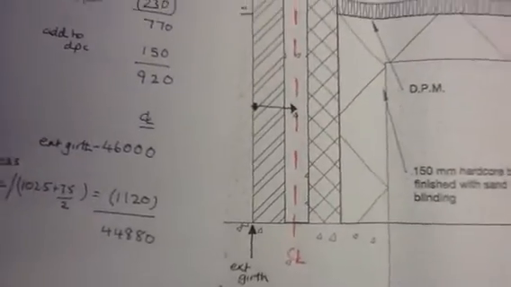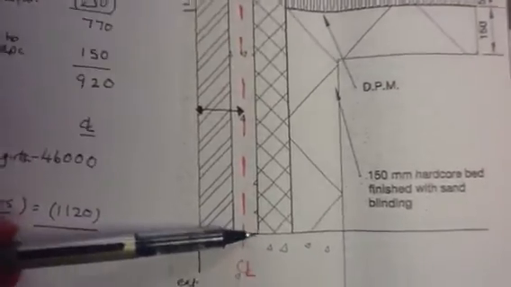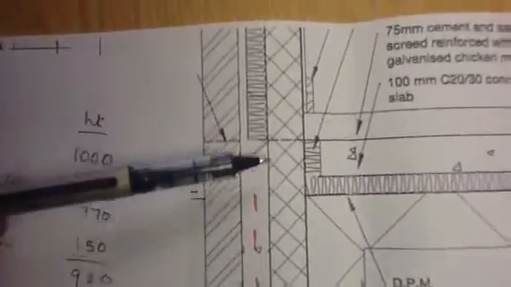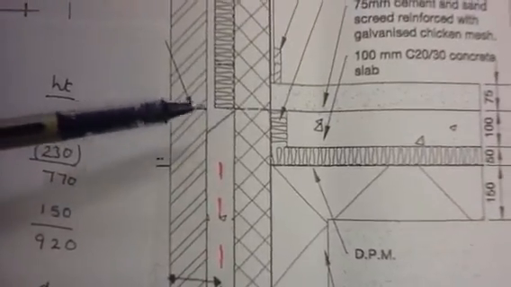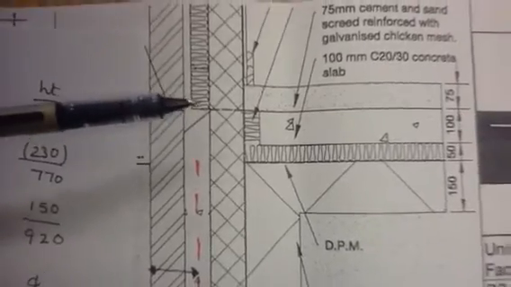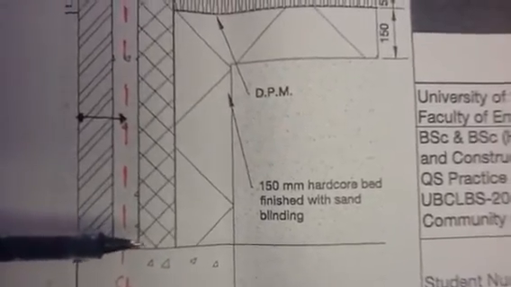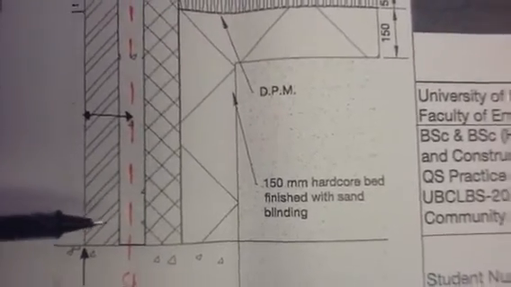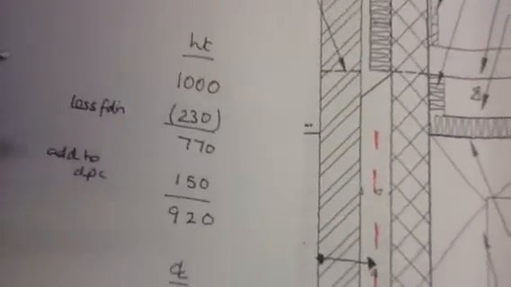As shown on the section, the cavity will go from the top of the foundation all the way up to the DPC, because remember that's our demarcation line between superstructures and substructures. In terms of this height, it's not annotated on the drawing, so we need to do a calculation in the waste column. If we look at this calculation, we have the